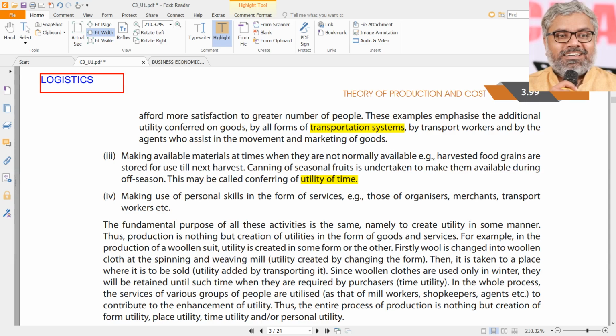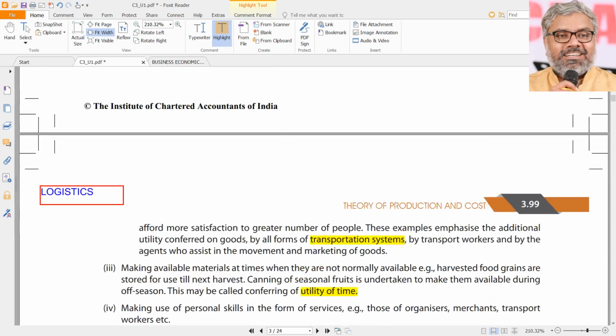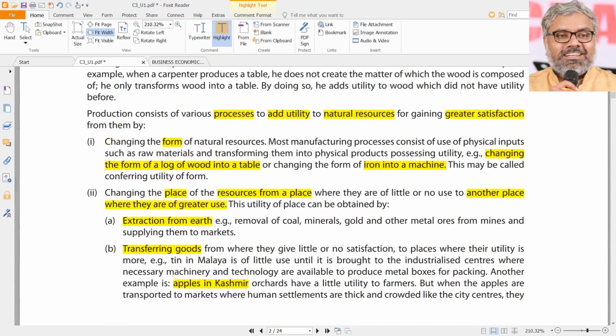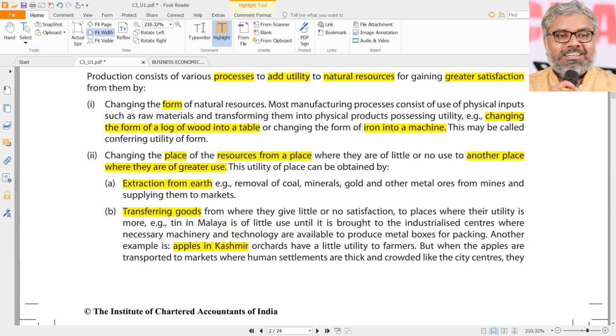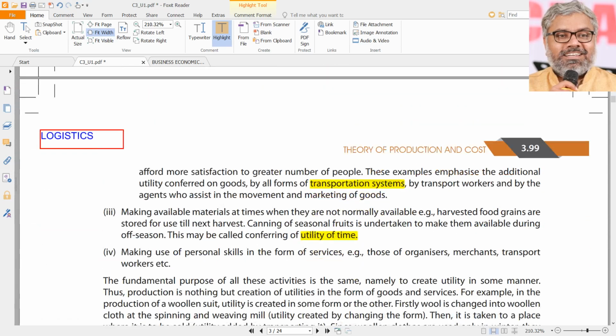There is no urgency for the human being now to eat whatever he has hunted earlier. Let us say the cave men, when they went for hunting, whatever they hunted, they had to eat immediately, because first of all they hunted when they were very hungry, and they had to complete that process of eating immediately, because eating was the only important process for them. But once they started understanding how to store that, then that started creating time utility.